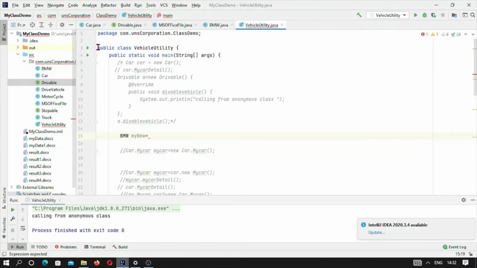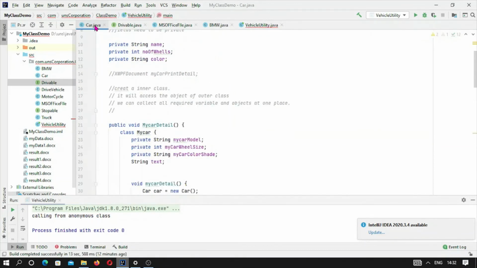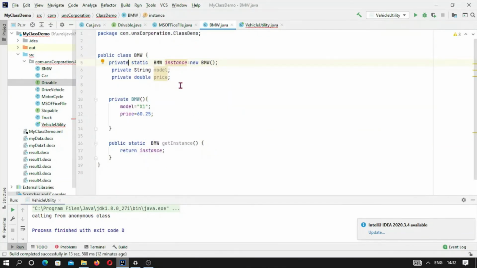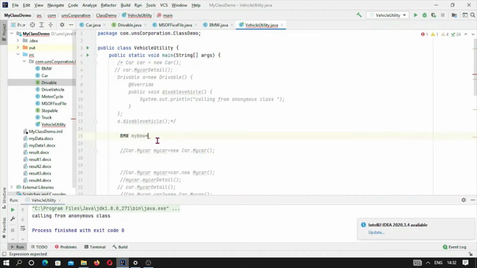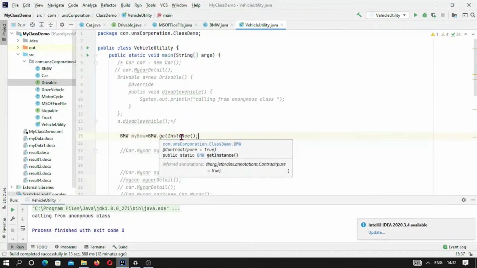By calling BMW dot getInstance. Okay, now my BMW object has been created, and this simply calls the BMW.getInstance method, and it will return the instance.